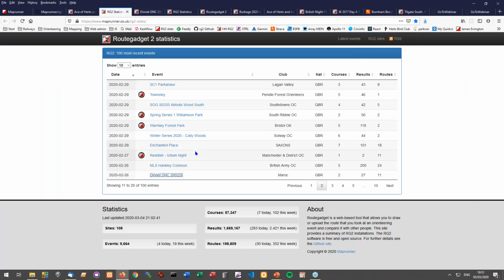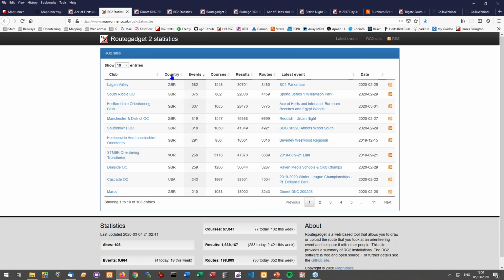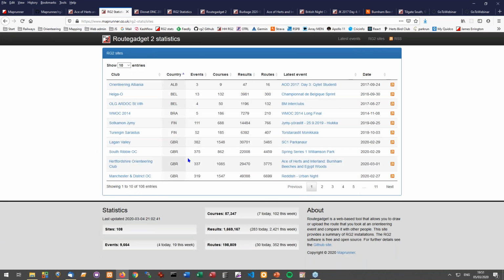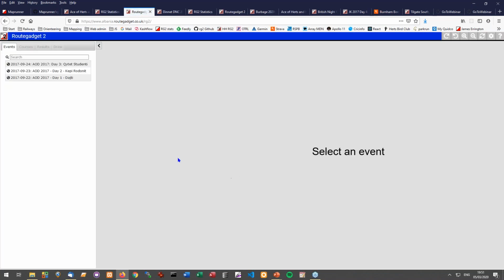But to me, just looking at all these different maps is one of the really interesting things. If I go to some of these other sites and some of the other countries, well, since we've mentioned it, let's have a quick look at the Albanian one. There's an Albanian event occasionally. Two or three years ago, I went to it with my son, and so here you go. This is what Albania looks like.